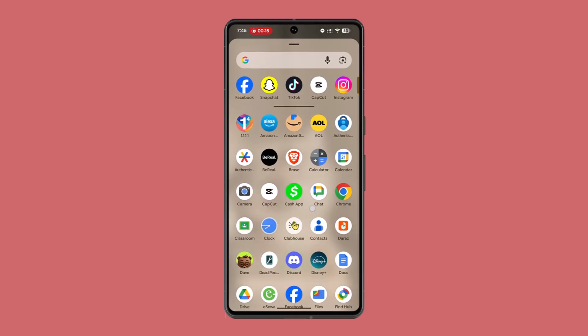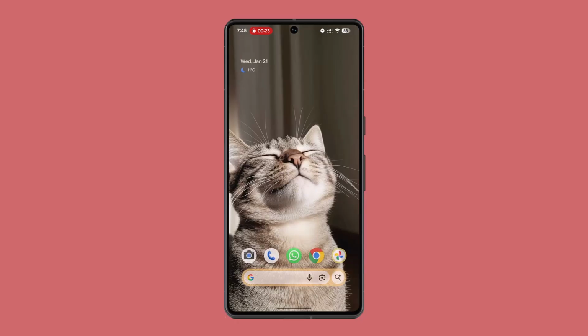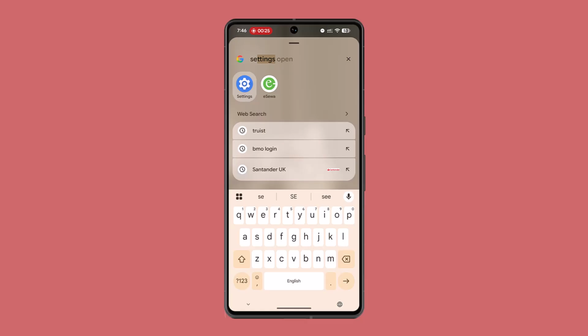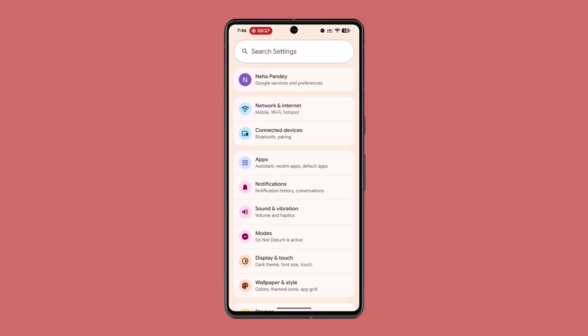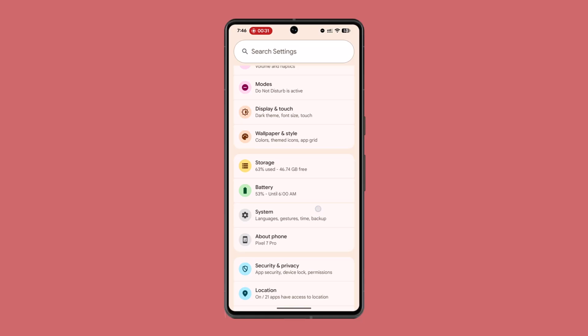So what you want to do is, first thing first, open the Truist mobile banking app, log into your account. So before you start, make sure that this feature is enabled. For that, you just want to go to your settings on your device and locate Face ID and passcode, or you could also find it